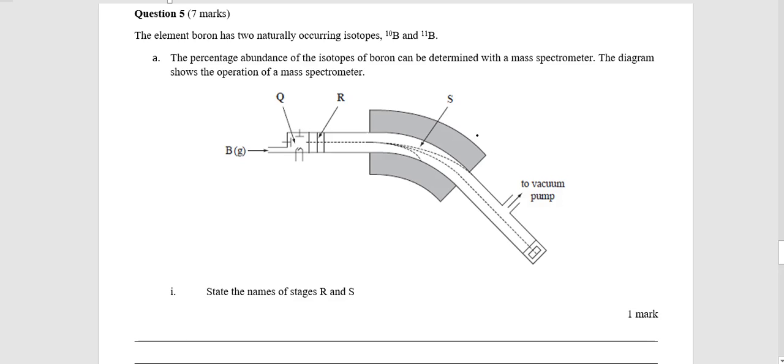You need to first of all state the names of stages R and S. Because you already start with a gas, according to the diagram, there will not be any vaporization necessary. So I think Q must be ionization, which is when you bombard the sample with high energy electrons, and that causes B to turn into B plus, which should make R acceleration, which is when you supply it to an electric field, and that just speeds up the ion. So R is acceleration,